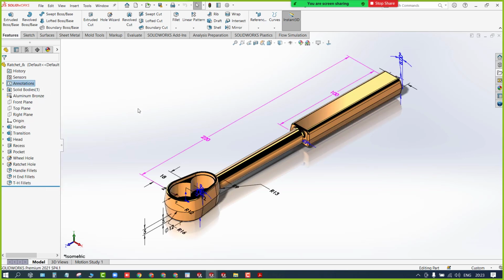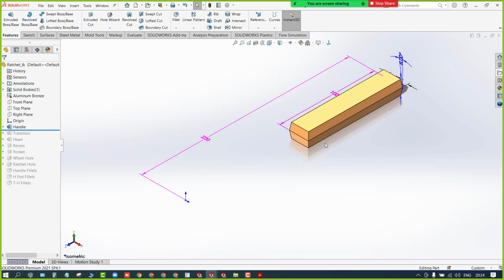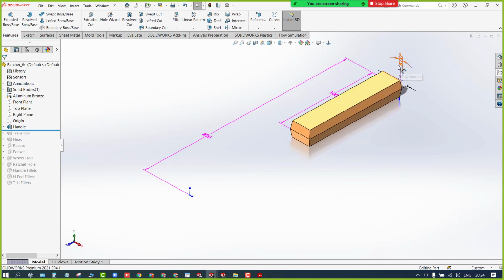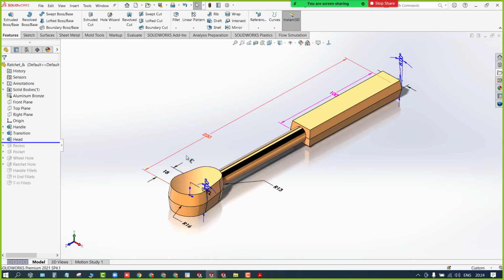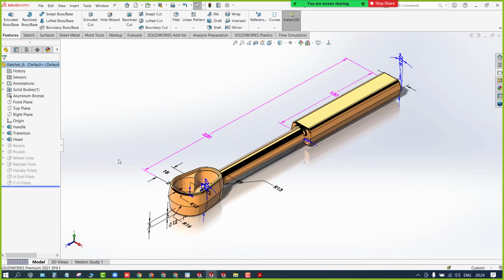Yes. Yep. Now I have all the dimensions. I need to recreate this. So how should I start? The first thing is I'll create the rectangle. So as I said, you can use this rollback bar. From origin it is 220 mm away, 100, and the dimension is 20. Here the angle is 8 degrees. So we'll do this much, and then we'll go for this transition section, diameter 12, and then the head portion and the remaining things. Okay, let's start this one.